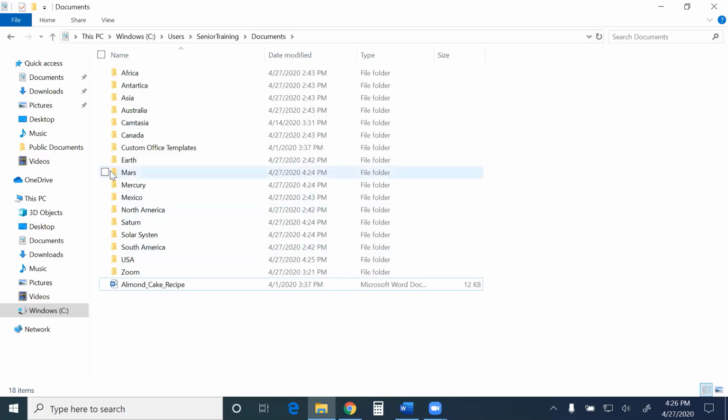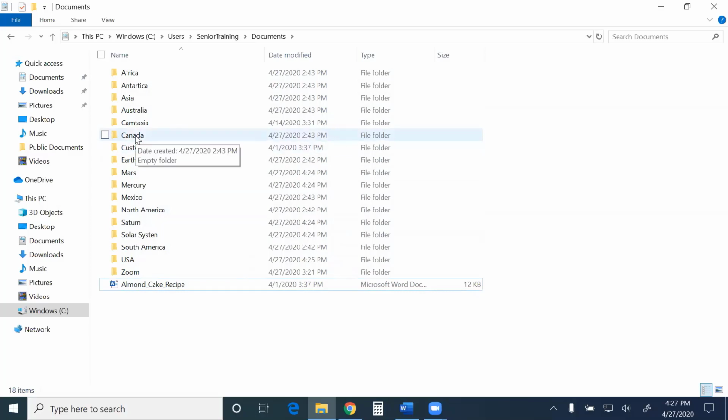So, again, as I move my mouse down, I see where the checkbox could appear. So maybe I want to select USA and Canada and Mexico and move them into the folder North America. I could do that by using the check marks, but I'm going to show you yet another way to do it.